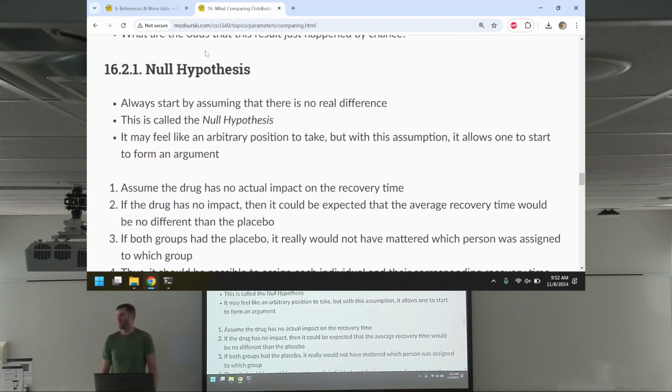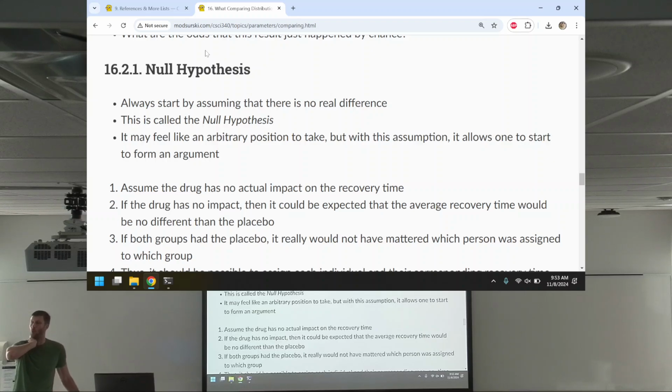So the null hypothesis. Always start by assuming that there's no real difference. This drug has no effect. And this is, like I said, a very important assumption. It may feel like an arbitrary position to take. One might say, why don't you start by assuming that they are different? It does seem like an arbitrary position to take, but with this assumption, it allows us to start to form